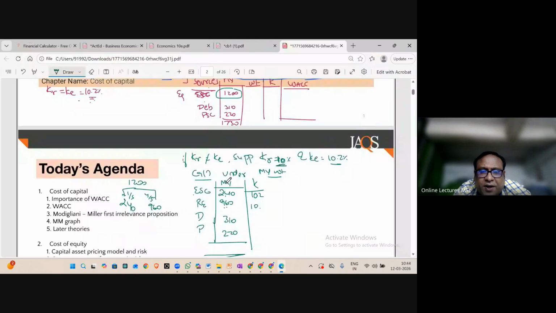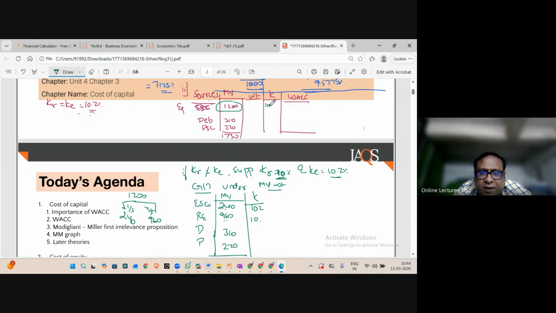Ashok, did you understand? Now compare and contrast this with the previous question. Here we directly took 10.2. We did not do the split, because KR and KE are the same, so the split does not make sense. But when they are different,